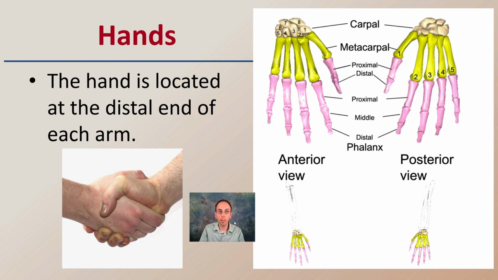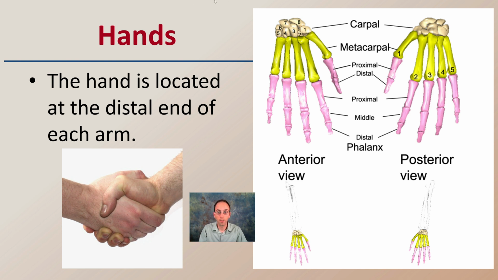Then we get into the hands, and the hand is located at the distal end of each arm. It's the end. And we can see we have our carpals, which are the wrist bones there, the metacarpals, and then the phalanges that we have here. And there would be an anterior and a posterior view when we're looking at the rotation of how those would